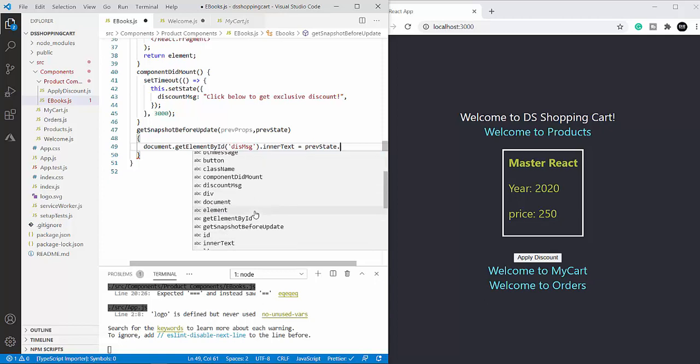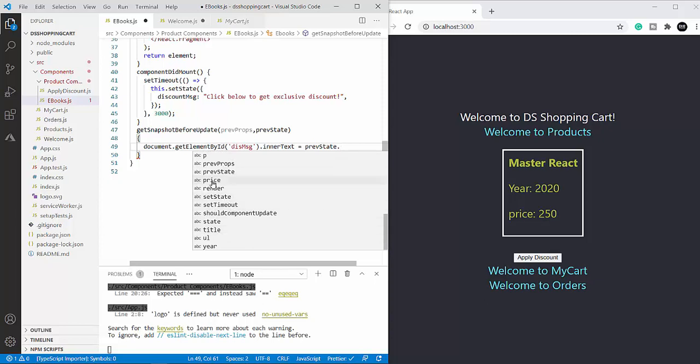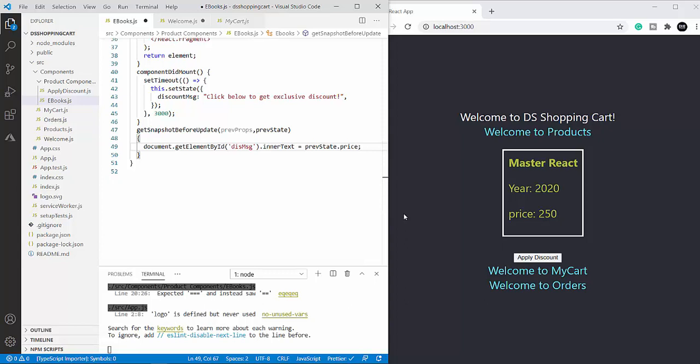You can pick all the previous state variables from here, state variables, and this is my price which has got changed.